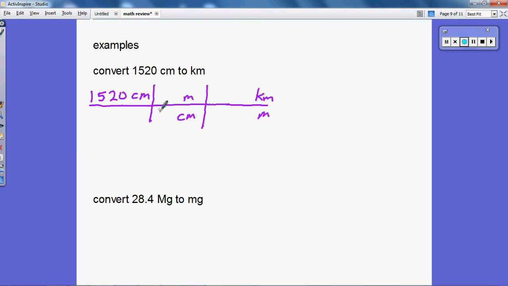Hopefully this is not the first time you've ever seen something like this. I'm now going to reference my conversion factors to set this up. My unit is 1. Centi means, well,